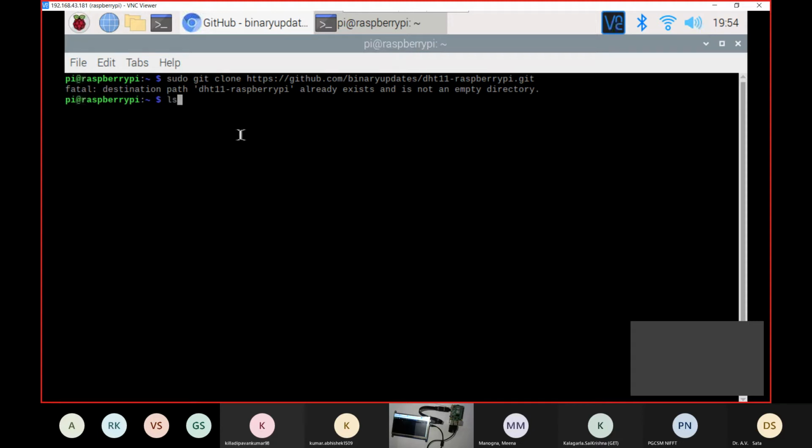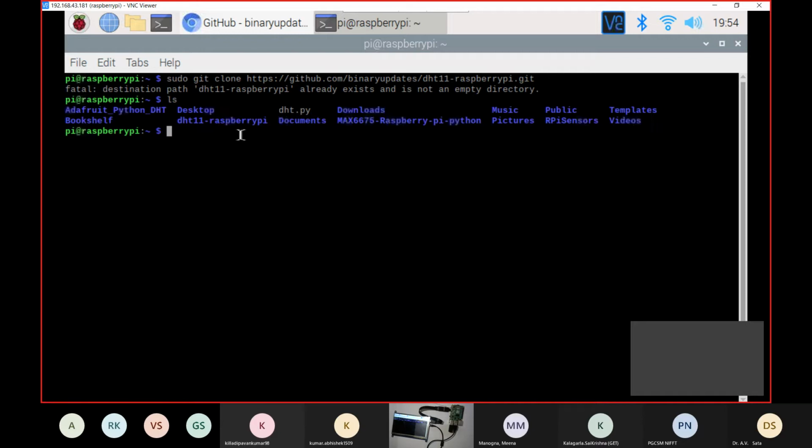Now I will use the ls function. Ls is for listing. As you can see, there are this many folders to be used. I'll be using DHT11 Raspberry Pi.